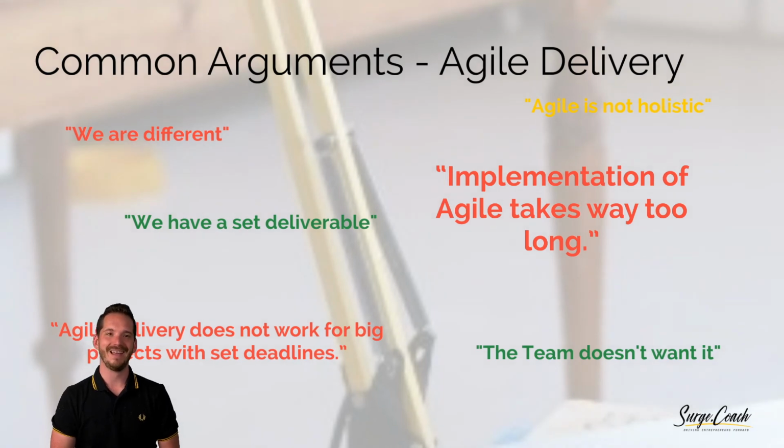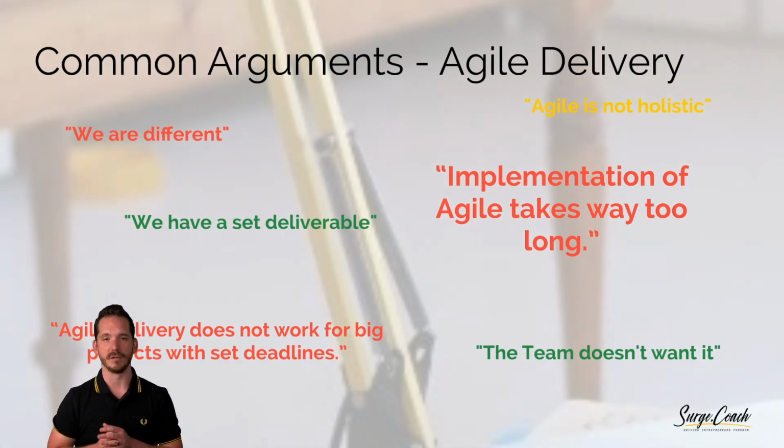If you said the team doesn't want it and we have a set deliverable, I'd agree. If the team doesn't want agile, don't give them agile. They'll just find ways around it and it's not worth it. We have a set deliverable, so it's complicated. If it's complicated or simple, don't go agile. Just deliver it and work on other areas of the organization that make more sense. As for the thought that maybe agile is not holistic: yeah, agility is holistic. Agility is about the whole organization. Agile is about delivery, especially software delivery.